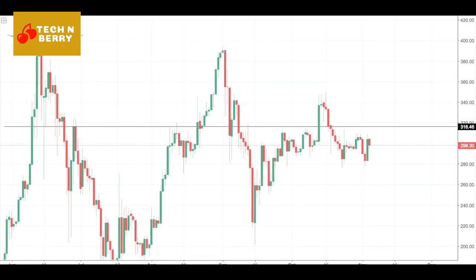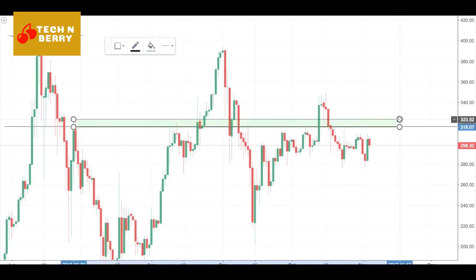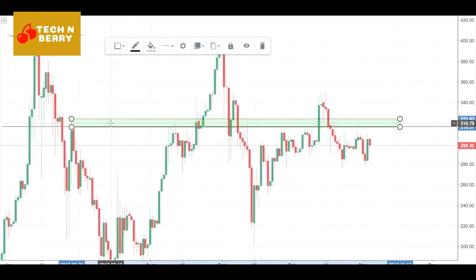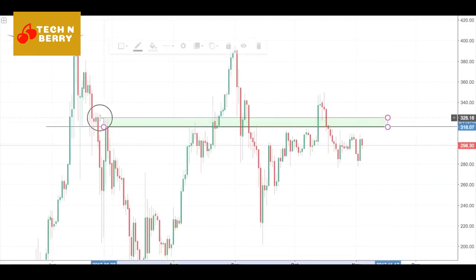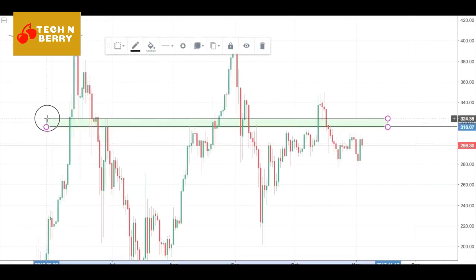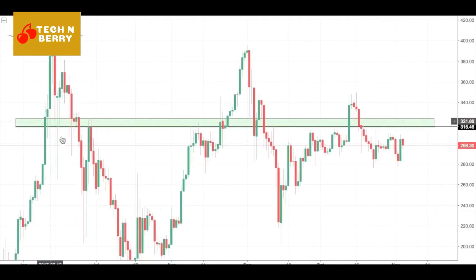And what we're going to do is we select the tool, we draw this from the very body close and open of the candle, depending on where you've drawn your line. For this example, we have a perfect candle closure. We simply add this zone and stretch it out up to the top and peak of the wicks the candles were attached to. So just there, we've increased this zone now to the previous level. And what this does is, if I actually stretch this out further, you can see we've now added ourselves extra